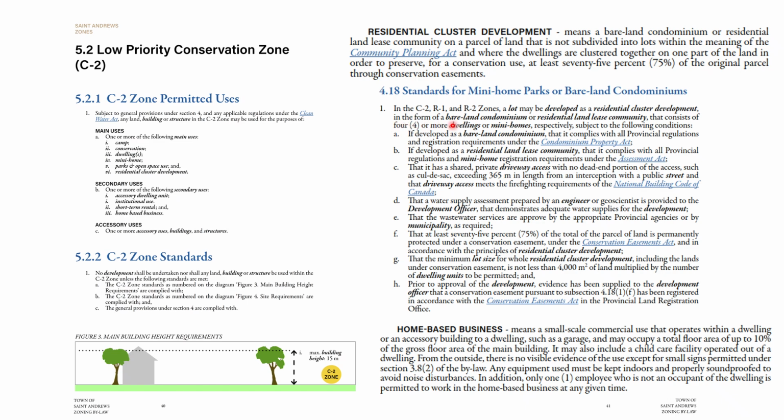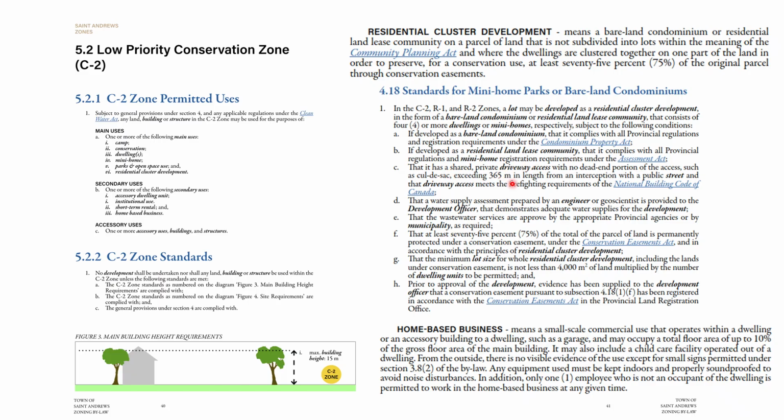It talks about the zones they can be developed in, which, we're in the C2 zone here. So those are matching up. And it's talking about 4 or more dwelling units or mini homes. If there was to be a mini home park developed, this would be the form it would take. There are other acts that deal with these things that it needs to go through. So the Condominium Property Act, Assessment Act,